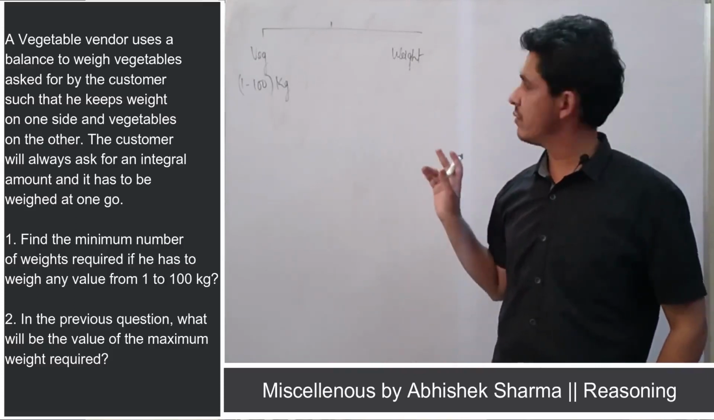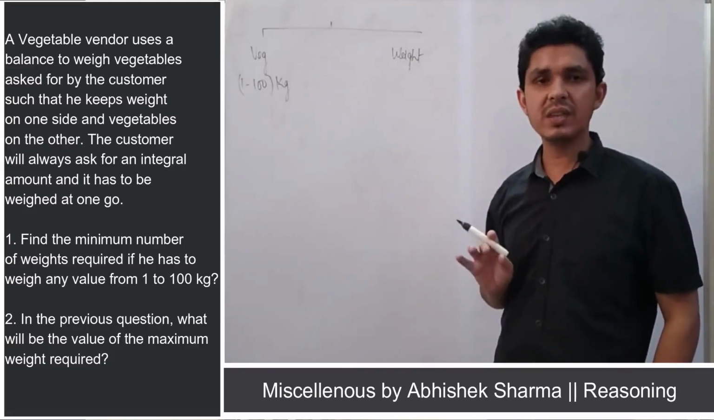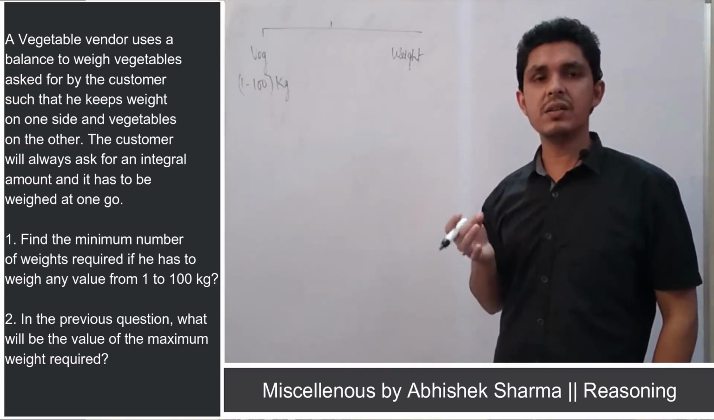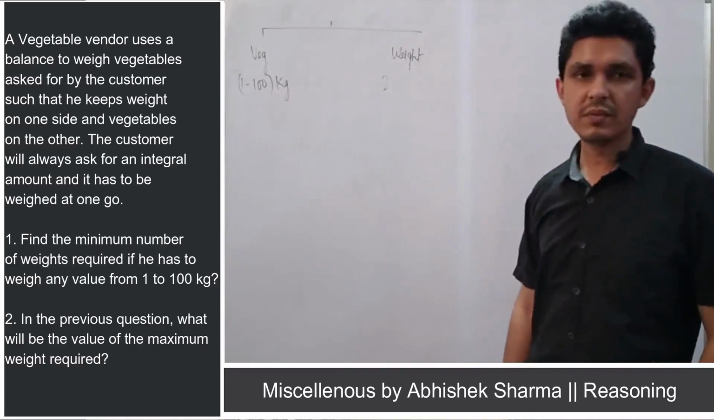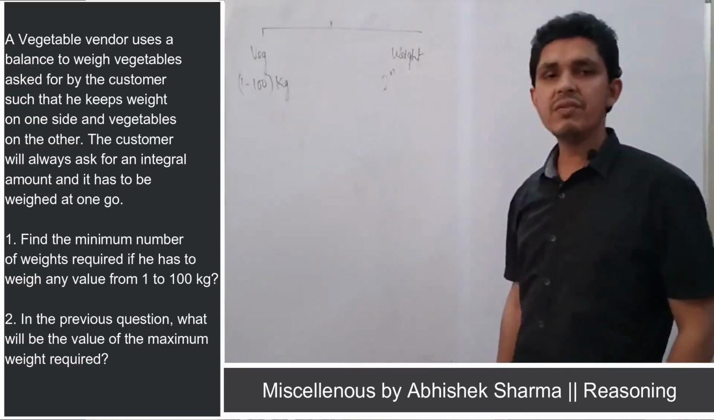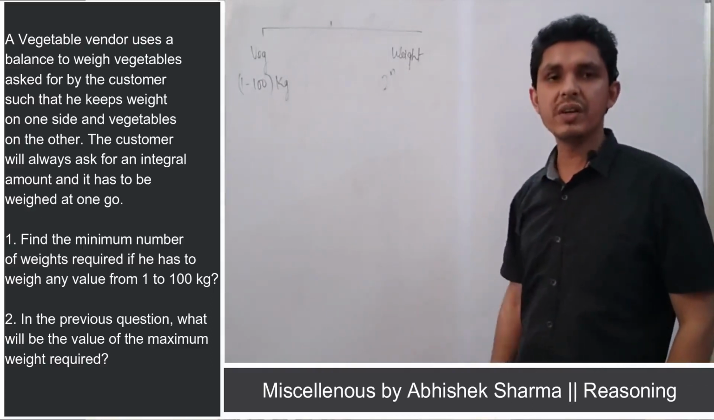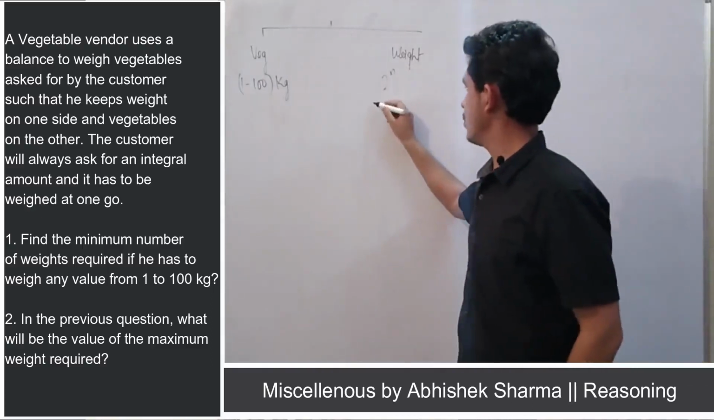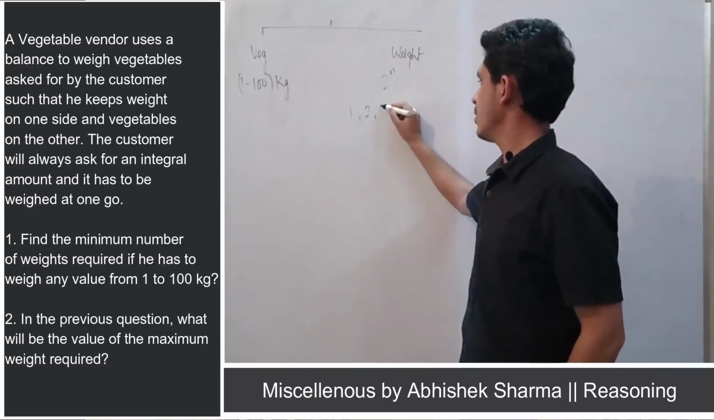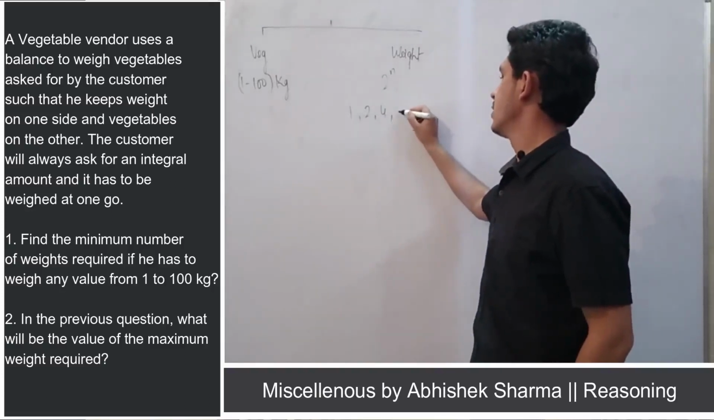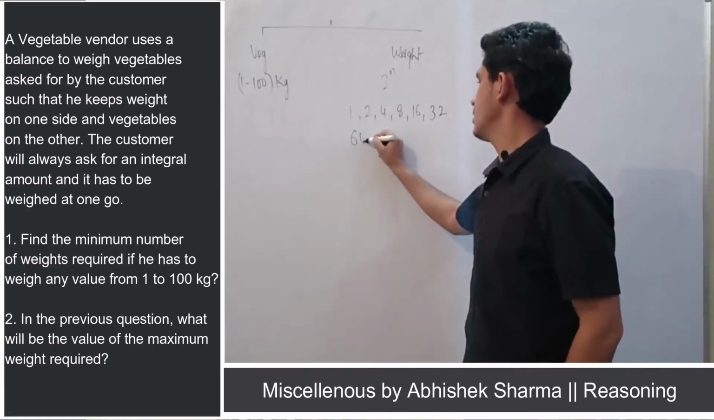the vegetable vendor uses the weight one side and vegetable on one side, the number of integral weights will be in 2 to the power n. Like if we put the value of n so that the value doesn't go out of 100, so 2 to the power 0 will be equal to 1, 2 to the power 1 will be equal to 2, 2 to the power 2 that is 4, thereafter 8, 16, 32, 64,